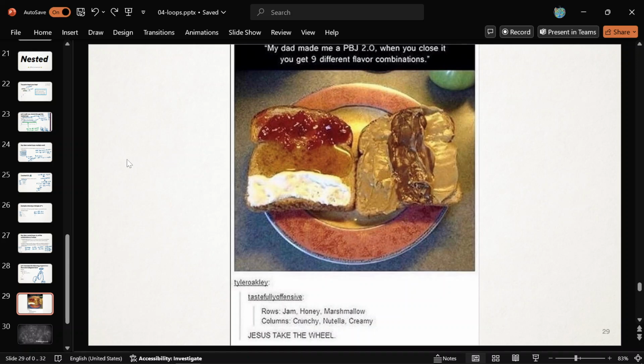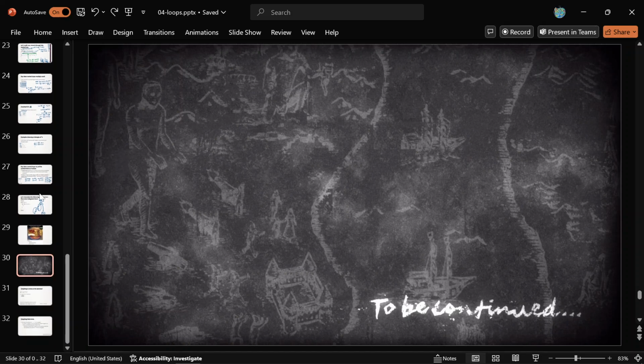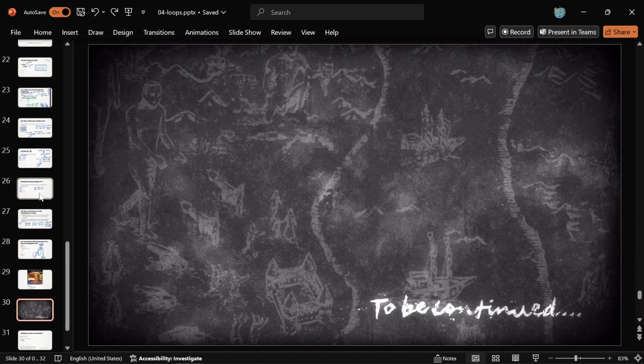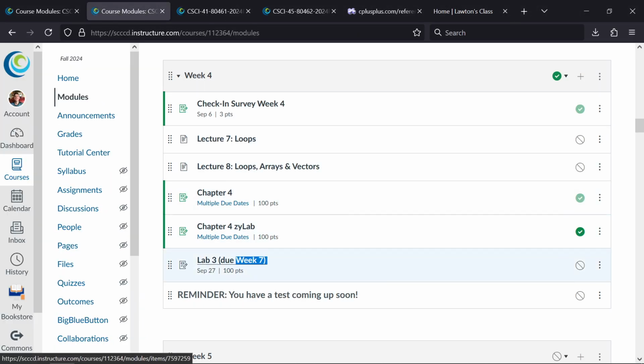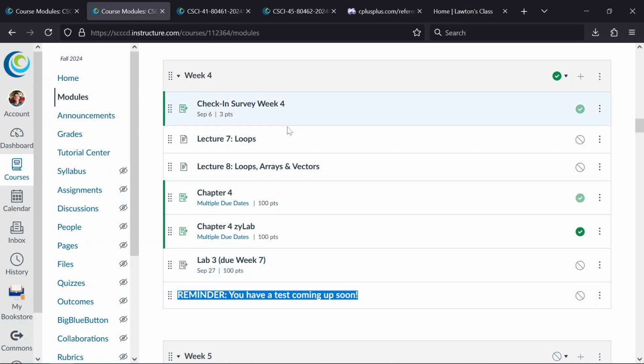So if we are good, that is where I'd like to stop. There's still a little bit more to loops, and we'll do that next time. And we will also give you a lab next time and talk about your midterm next time, because we're in week 4 right now. I just want to make sure you know where we are. Week 4 is our current week. Week 6 is our first midterm. I will explain more about it on Thursday. Okay? So that's all I got for us.